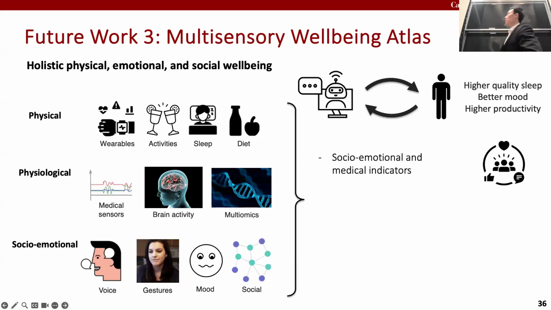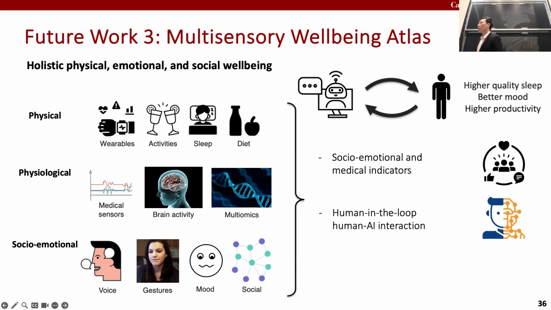So again, several challenges here. Building systems that are able to perceive social, emotional, and medical indicators, and collaborating closely with medical experts in doing so. Building systems that are not just AI by itself, but are very closely intertwined with humans and closely interact with humans. And finally, making sure these systems are not just general purpose systems across the average of everybody, but are extremely personalized while retaining the privacy of user data.